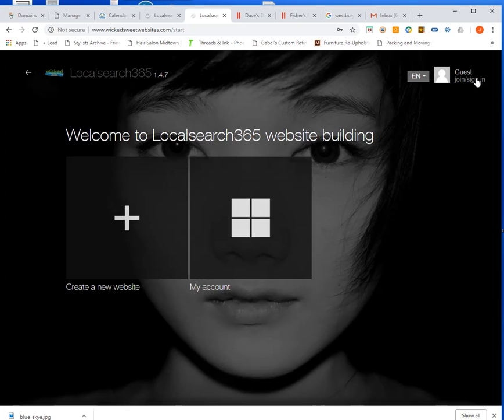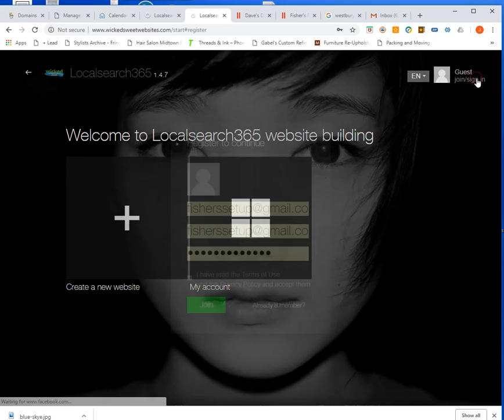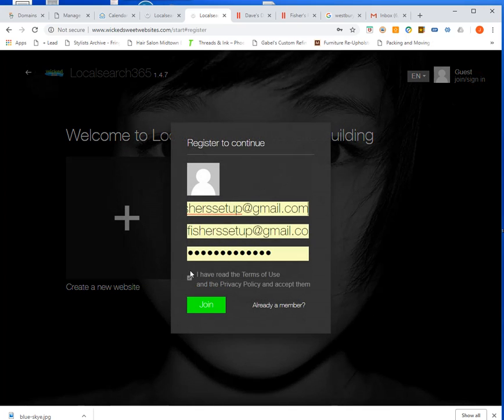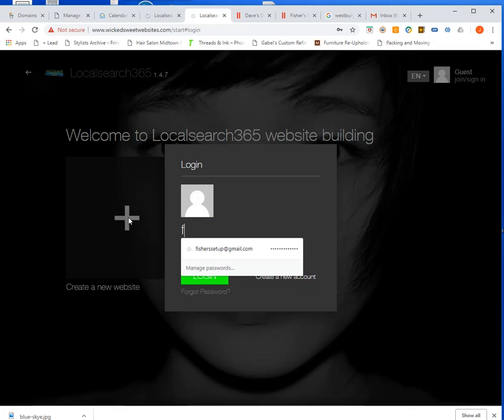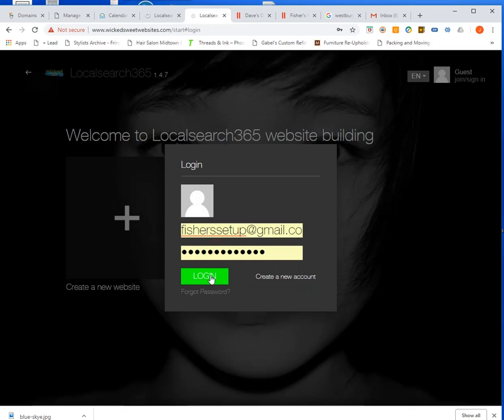We're going to sign in at the top right-hand corner. You want to just click on Already a Member. This is actually if you're signing up as a new customer, new client. So click on Already a Member, and then you're going to pop in your username and password. Click Login,